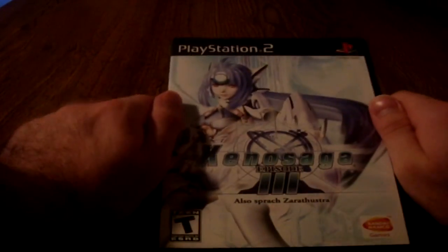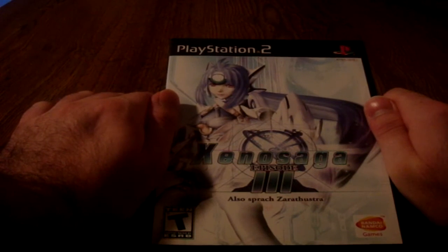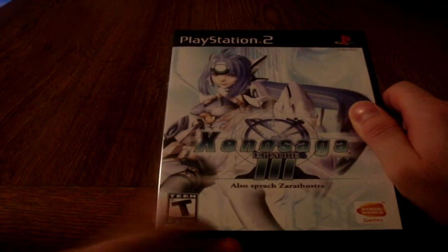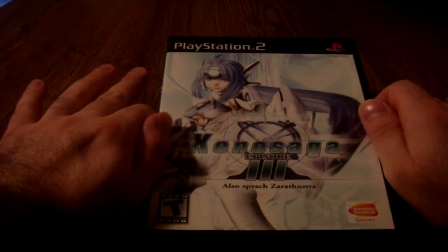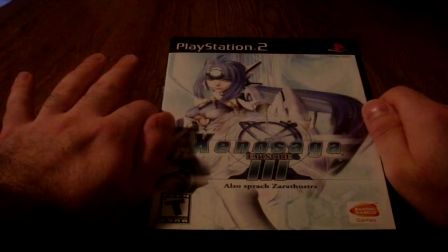But unfortunately, the dubbed version of this game was butchered. Just completely butchered. The other 2 Xenosagas have had censorship done to them, but this one's awful. In fact, you could have probably rated this E10 for the stuff they did in it. They got rid of all the blood. There is no blood in this game. There was blood in the first 2, and this one, they took it out